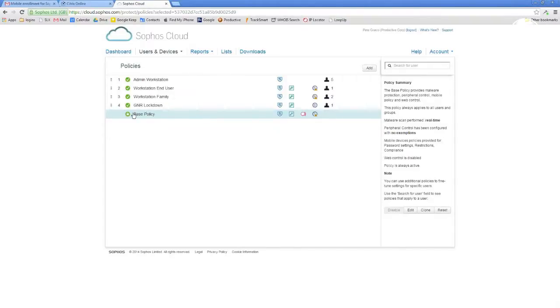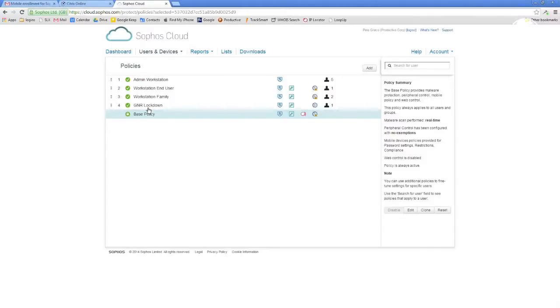This is basically the hierarchical structure where this will be my base policy that all the other policies are based off of. And that's how it's set up by default. So anything that I set in here is going to be mandated in these other policies, right? And so, again, I don't have to have it set up that way, but that's the way it's set by default. I could disable this if I wanted to, and in fact, I did disable it, so that each policy is completely standalone.